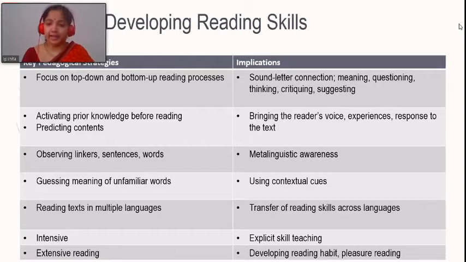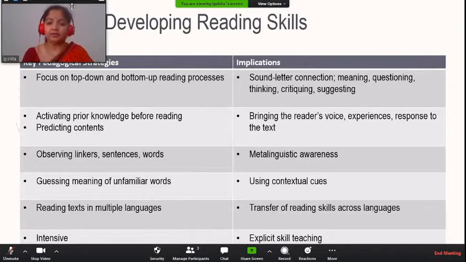Prediction is a very powerful tool in reading. It helps students anticipate what's coming in the text. Guessing meaning of unfamiliar words. When a word is coming which is difficult in the text and students don't know, most of the time we teachers just tell them the meaning. But research has shown that when we just tell the meaning to the student, they don't learn it. They have to guess the meaning. They have to get cues about the meaning, and they have to struggle with it. They have to make mistakes, and then they learn the word meaning. Then it stays with them.